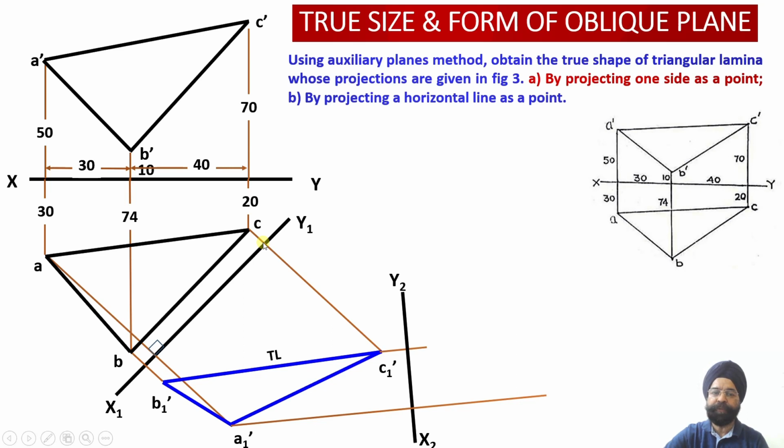So what I'll have to do is pick up my compass or divider and mark this distance. Preferably we should use a divider over here. We should measure this distance using the divider, and onto the locus line of B1 dash and C1 dash, I will mark this distance ahead of the plane. So this distance is ahead of the plane. So I will mark this distance of B and C right here.